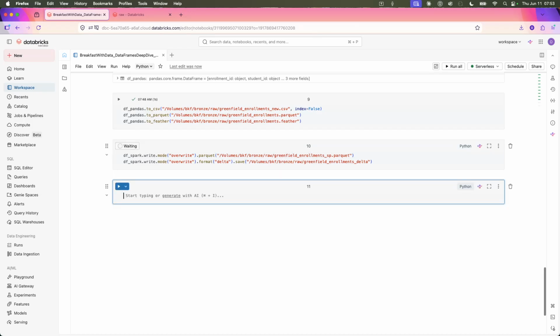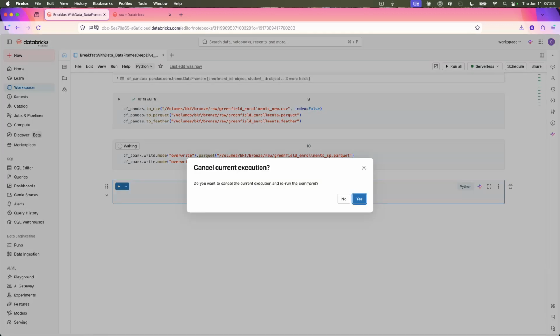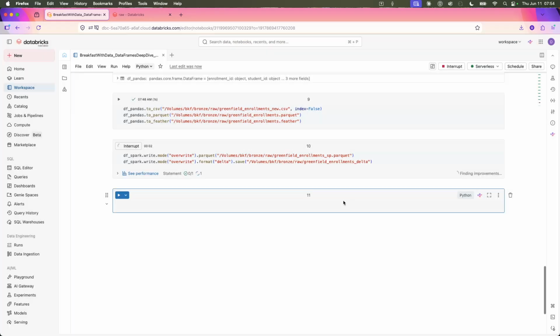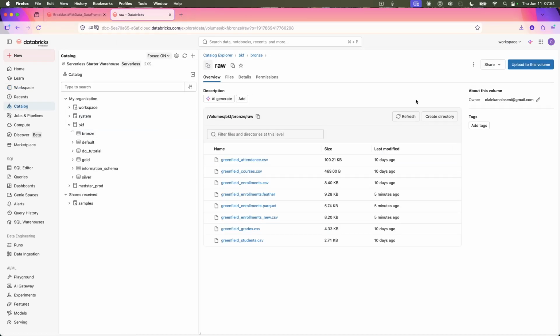Right, let's run this. If there's no syntax error, everything should be fine. There was an interruption at that point. Good. Now if we refresh this,